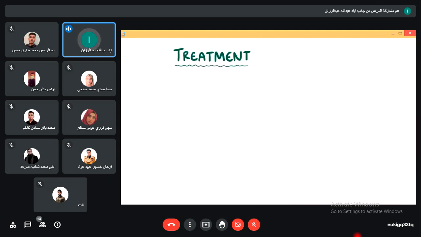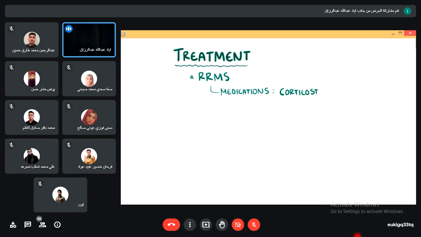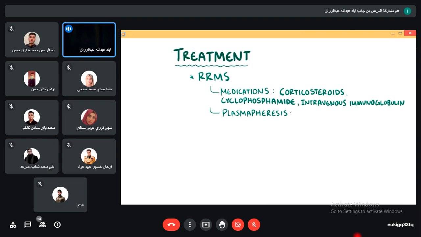For treatment, there's no cure for multiple sclerosis, but there are medications which are particularly effective for the relapsing remitting type because they lessen the severity of relapses and make them happen less frequently. Medications like corticosteroids, cyclophosphamide, which is a cell cycle inhibitor, and intravenous immunoglobulin can all be used to help blunt the autoimmune process. In addition, plasmapheresis can be effective as well, which is when the plasma is filtered to remove